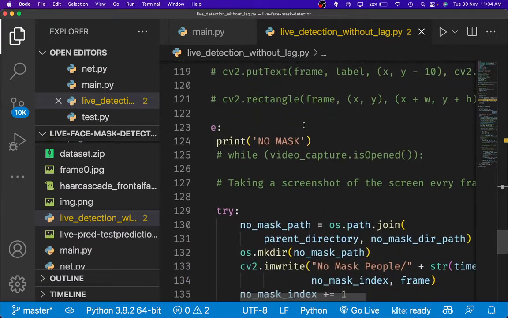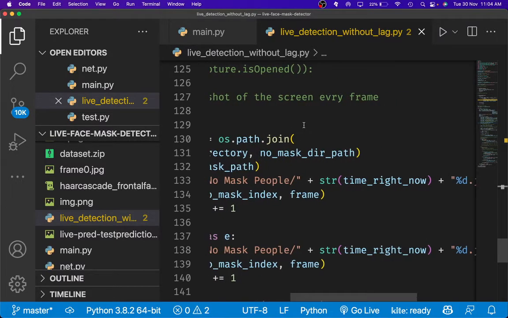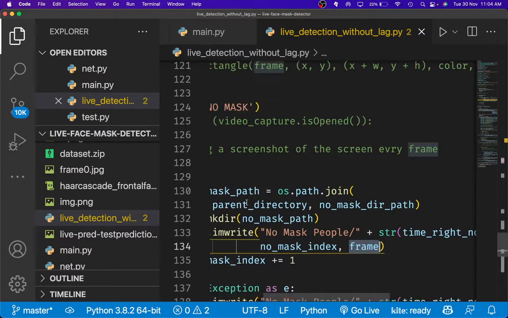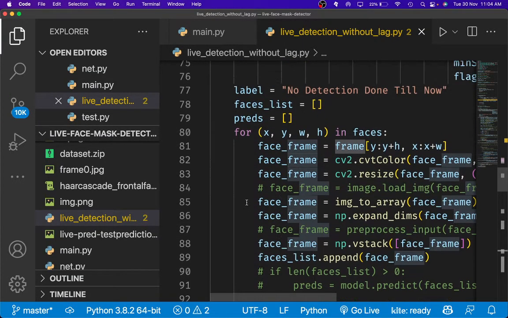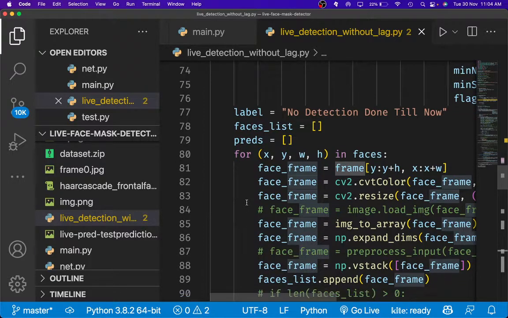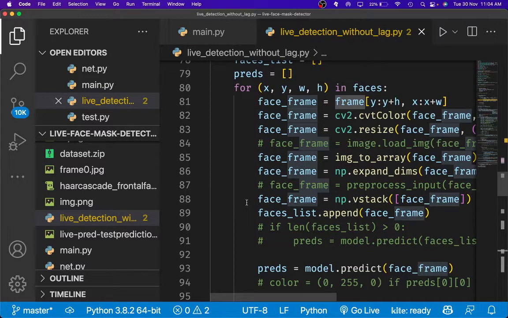Where are we writing? So we are checking the frame. Now let's see where we have referred to the frame. cv2.putText, cv2.putText frame. Alright. Alright, so I think